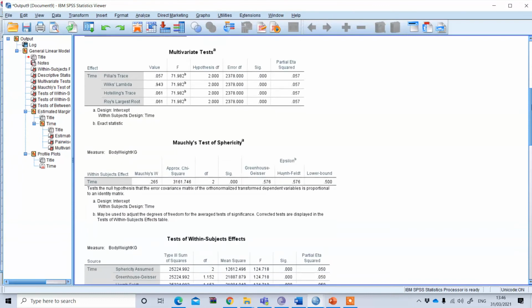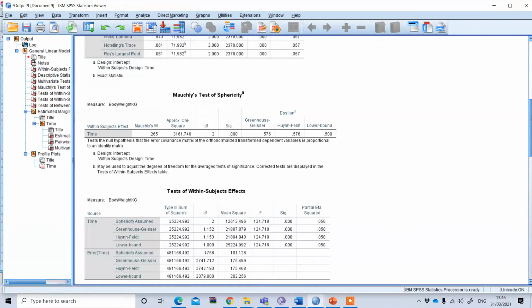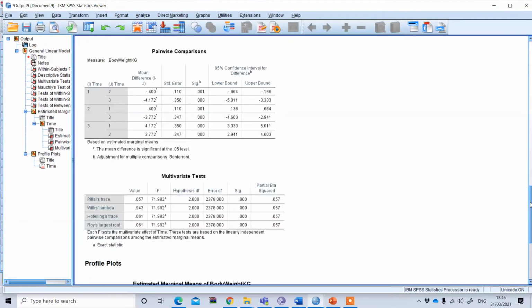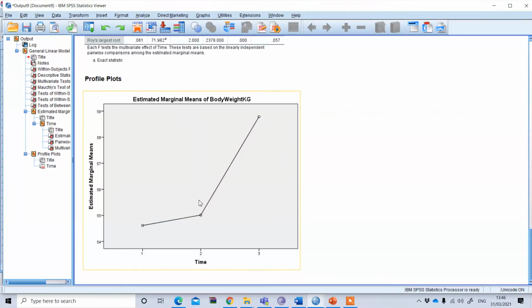Now you will get the output of this repeated measure of ANOVA. So simply if I look at the profile plot, you can see that this is the pre condition, this is the effect of the medicine after 3 months, and this is the effect after 6 months, right? These three different time points. And from this profile plot, you can see that over the time points, after using the medicine, this is the pre. Now your body weight has increased, and it has further increased after 6 months. Okay,